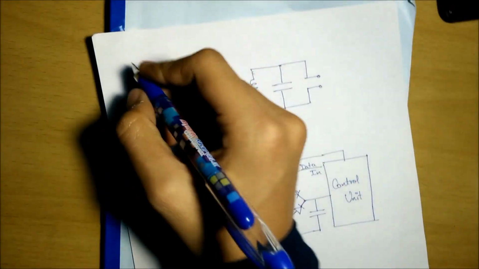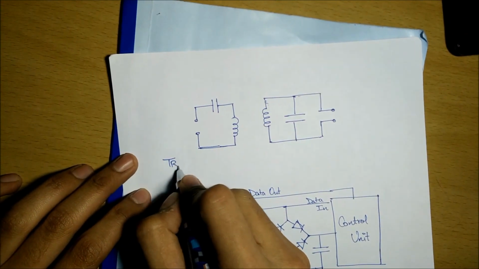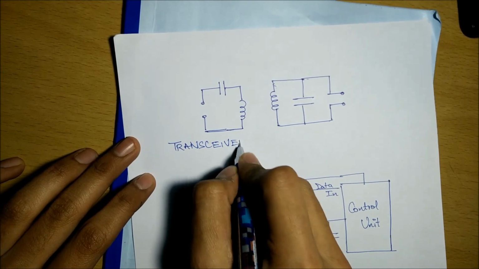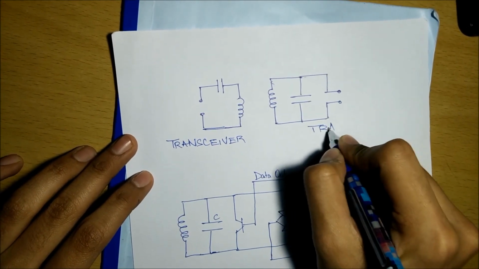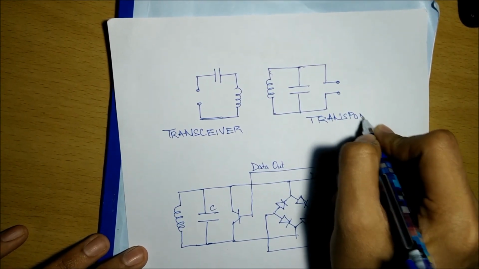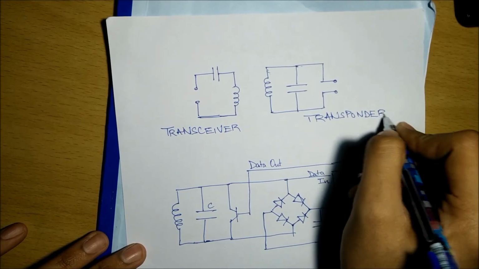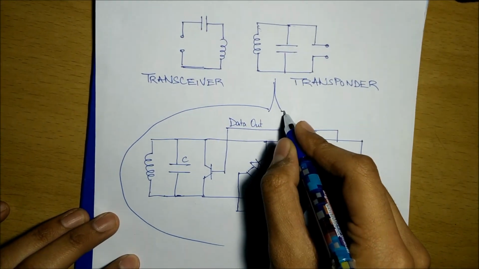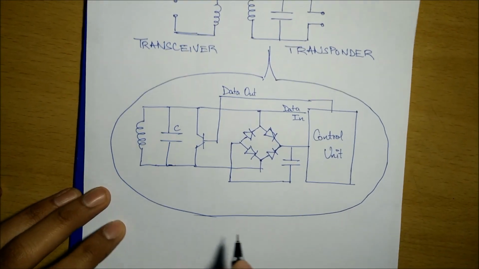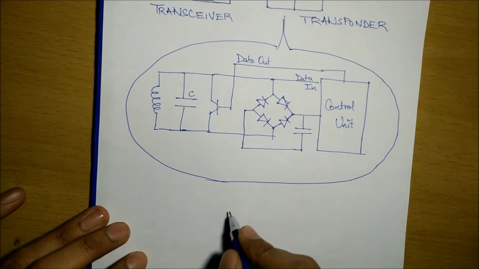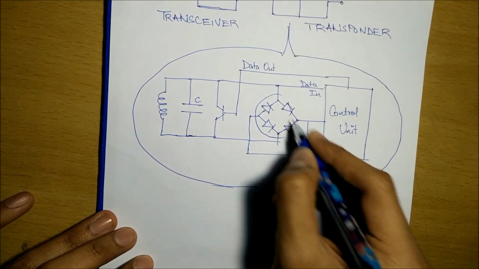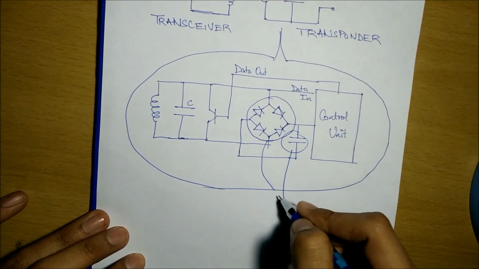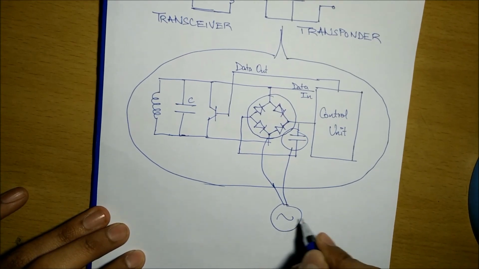A radio frequency identification system has three parts: a scanning antenna, a transceiver with a decoder to interpret the data, and a transponder that has been programmed with information. The reader, which you must have seen at the exit, produces EM waves in the radio frequency region. The changing magnetic field through the coil of the tag induces an EMF across it. The AC current induced is then converted to DC with the help of a rectifier and a filter.